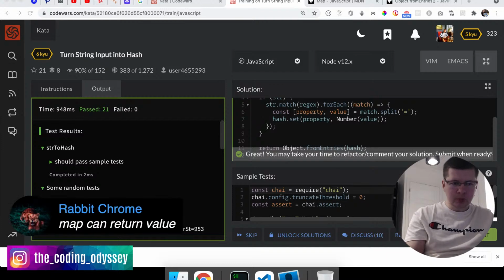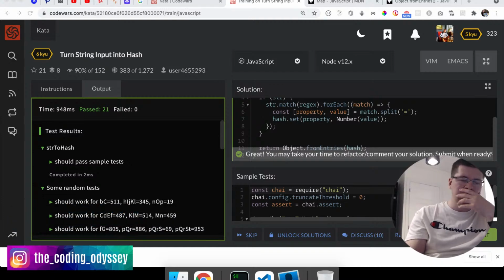Rabbit Chrome, what do you mean by map can return value? Here we are not talking about the actual map method, we are talking about map as a data structure. I don't know what you meant by returning value, but